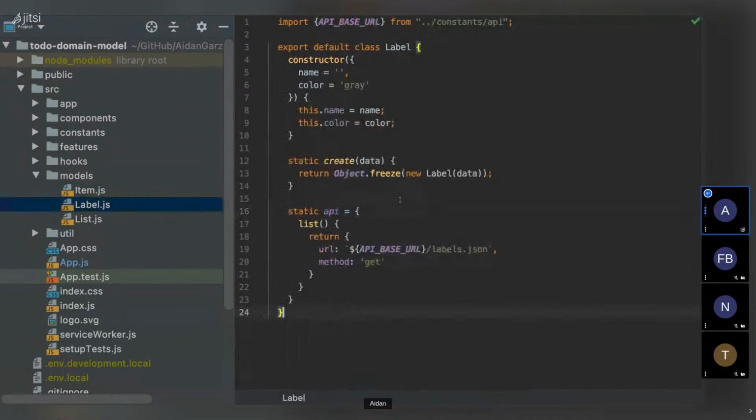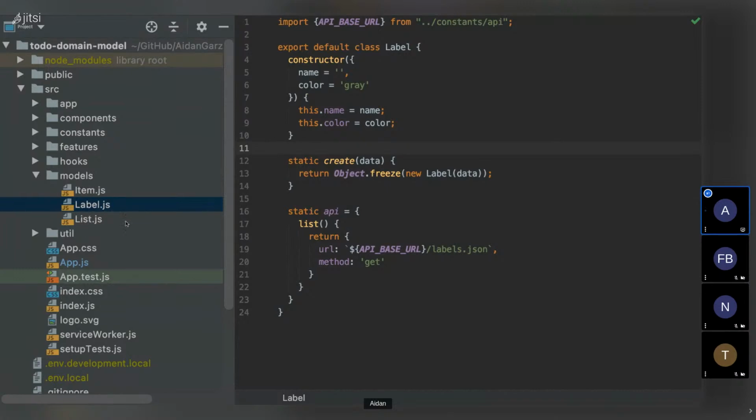And then we've got our label concept, where a label has a name and a color. And there you go. Anybody who's brand new to this application, I could hire a new junior front-end developer tomorrow, and they could come in and look at this application, and I could say, hey, go open the models directory, and that will tell you all of the things that we interact with in our app. And there they have it. And they know exactly what the objects they're going to be interacting with are, what they're called.